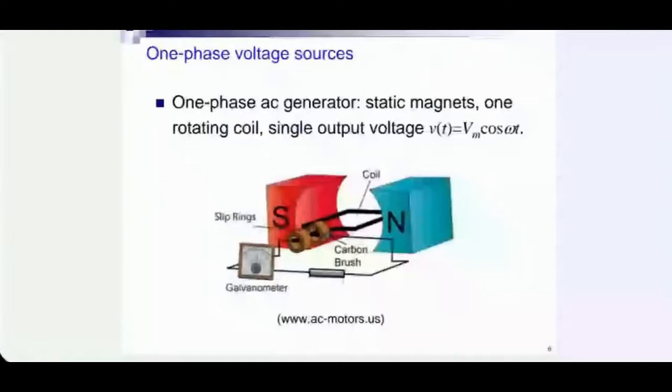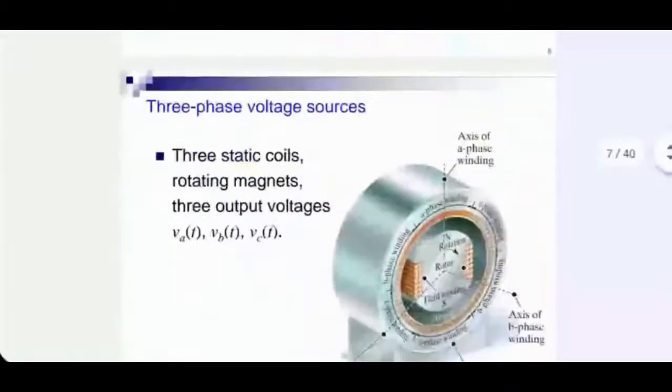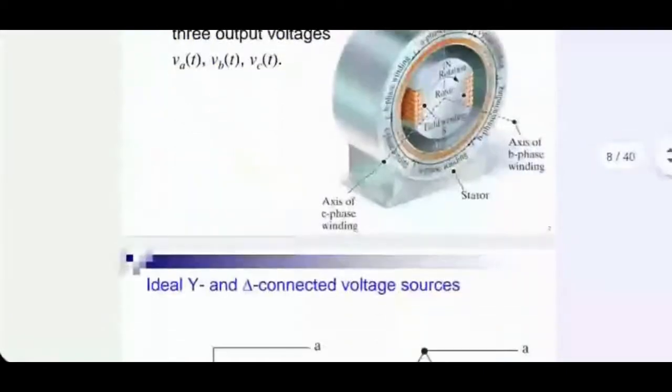It is mechanical rotation of a conducting loop in a magnetic field, which is static. That generates the AC voltage required. It can be the other way around also. You can keep the loop fixed and rotate the magnets. We'll come to all that after the midterm. This is what they are trying to show you here, but I'll ignore this one right now.